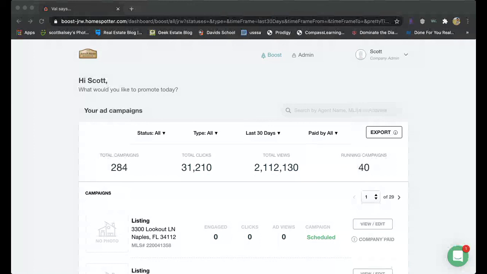With Homespotter, you also can obtain the email addresses of the people that click on the ads. So if you want to bump up your email addresses for your digital campaigns, Homespotter is a good one to do that, so that you can export those leads when they come in. Now, those leads that come in, they're going to be cold leads. I have a lot of agents upset about that, meaning they call them, they email them back, and they just don't get a return. So it's kind of a cold call is what you're doing.